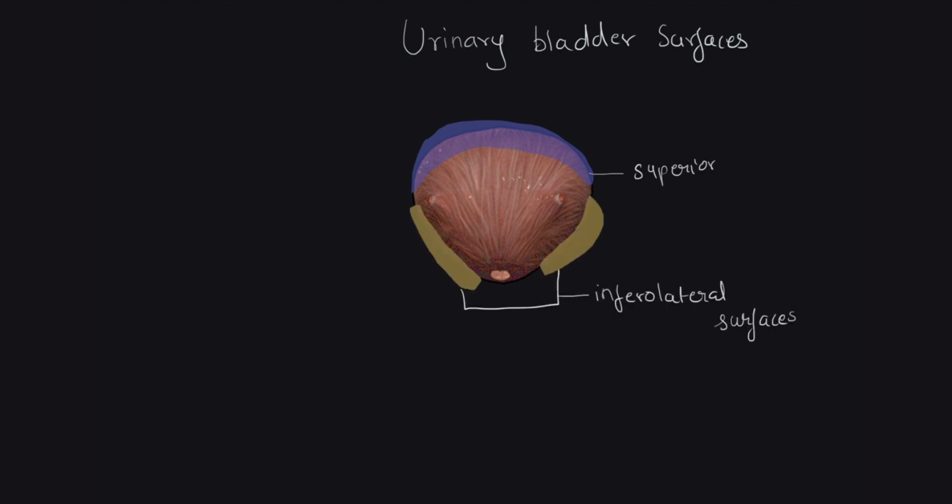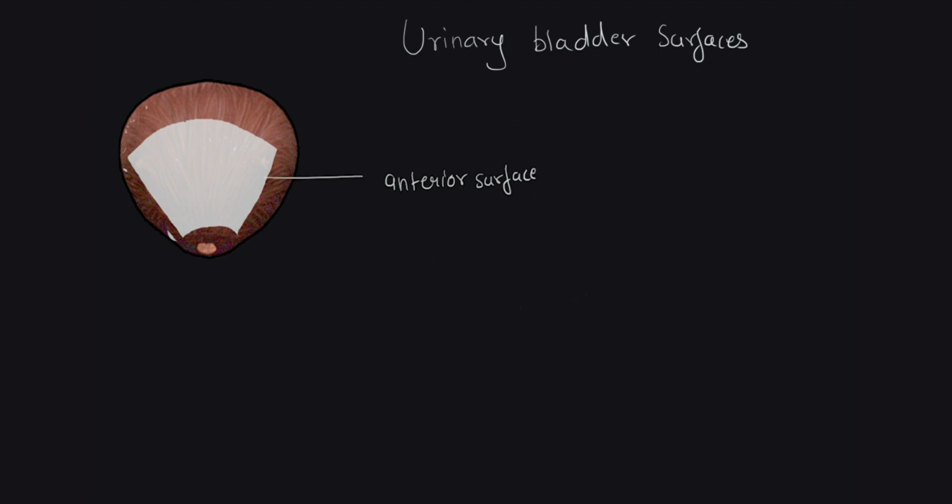Then we have the two inferolateral surfaces. Then we have the anterior surfaces. Now let us take a look at the anterior surface. If you take a lateral section and draw the urinary bladder,